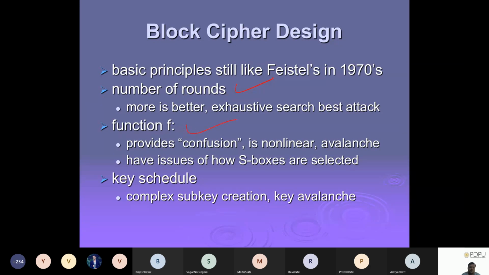The second thing is the design of the function F, what you use in terms of S-boxes, expansions, permutations, and confusion and diffusion, so that function F helps you get the avalanche effect, where the number of bits changing is much larger. Similarly the key schedule, meaning from one key how many other keys you have to generate. Here we start with a 64-bit key, convert it into a 56-bit key, divide it into 28-bit halves, and from that get 16 keys, one for each round.